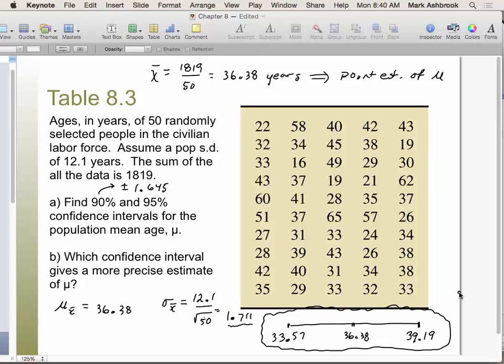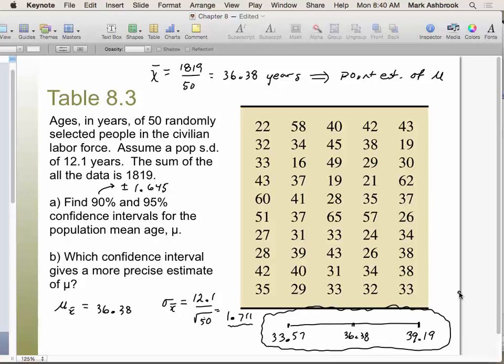If we had a smaller sample size, what would happen to this confidence interval? Would it get smaller or would it get bigger? If we wanted the same amount of confidence and we had a smaller sample size, would that make us more confident or less confident? Yeah, so 90% would be a smaller confidence interval, right, if we had a smaller